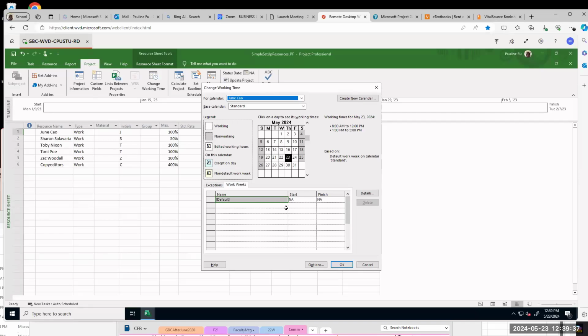Sorry, Professor, how do you get back to the resource sheet? The resource sheet, you go to view, then resource view, and then resource sheet. Okay, thank you. Go to view, under resource view, you have resource sheet. Other questions?